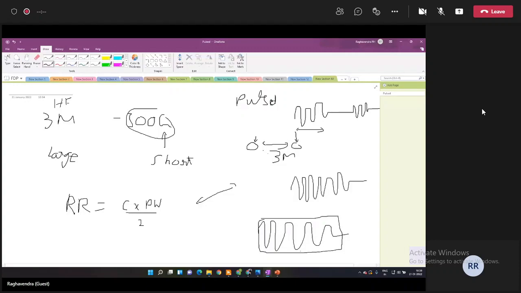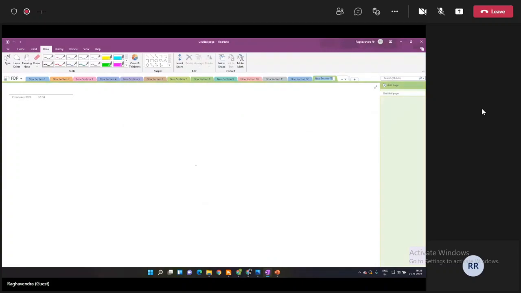But the probability of us detecting a larger signal, and by larger signal I mean a longer signal, is more than the probability of us detecting a smaller signal. A smaller signal would of course help if the distance is lesser, but a larger pulse width is used when the distance is larger. To give a very brief on how a radar system is, or rather a block diagram,